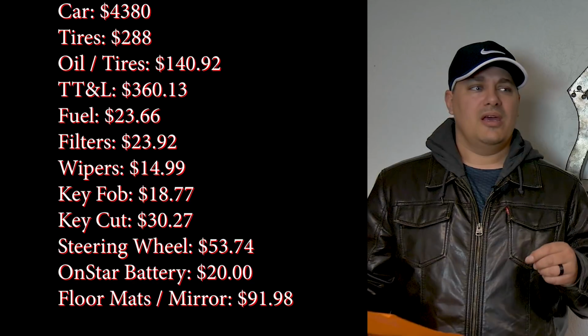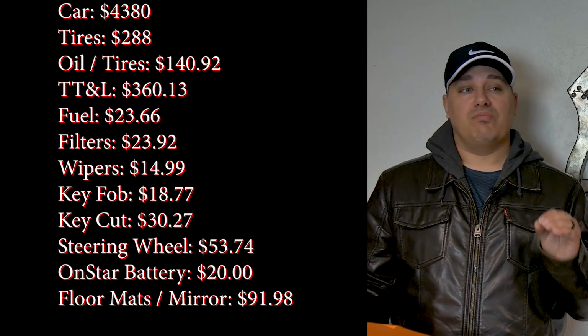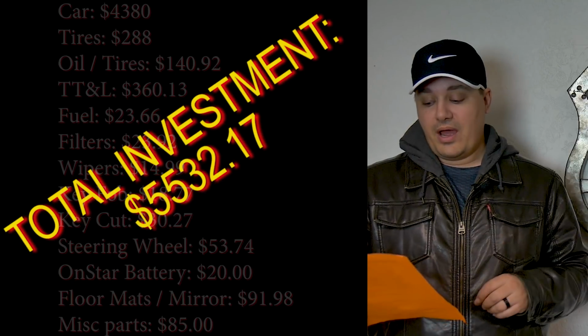I use those because when I drive with Uber or Lyft, I do a lot of night driving, and those are the best, brightest, legitimately legal lights you can get. So for all the little miscellaneous supplies, bulbs, etc., came out to $85. Total investment in this vehicle, as of right now, is